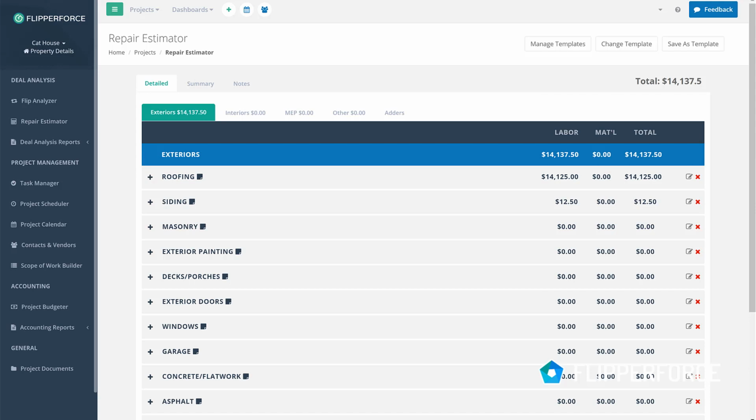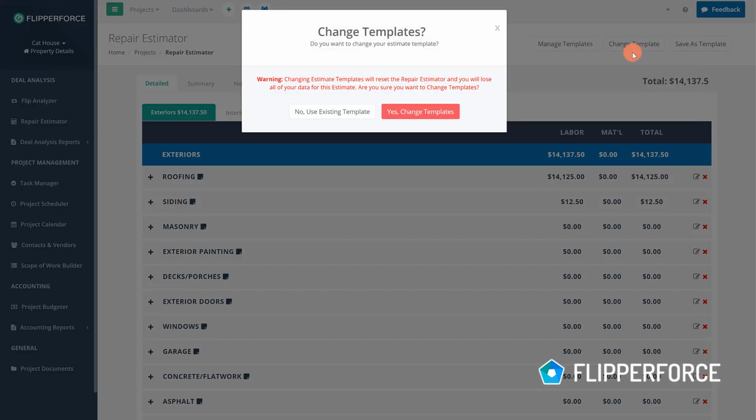Our Repair Estimator allows you to load starter templates that you can use to quickly create estimates for your projects. But let's say that you accidentally selected the wrong template when you first created your estimate. At any point, if you need to change your estimate template, click the Change Template button at the top of